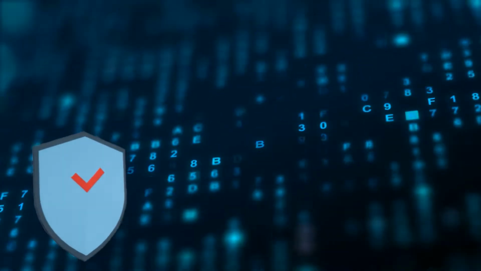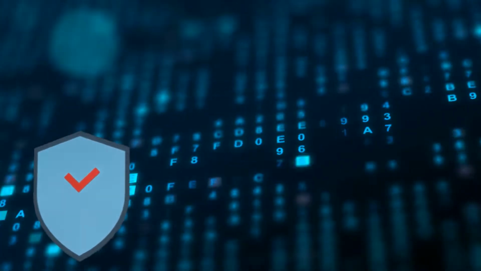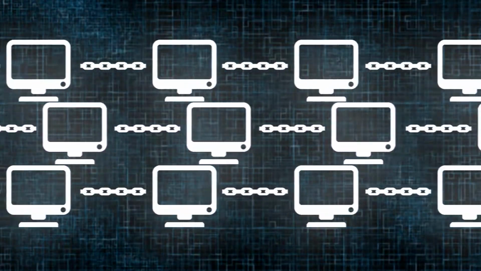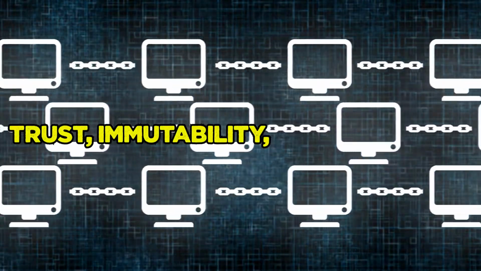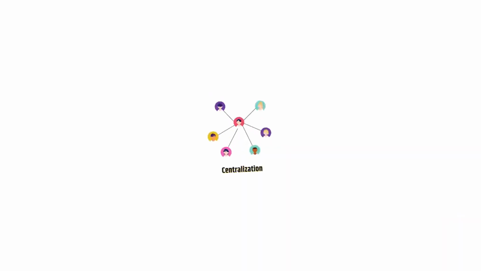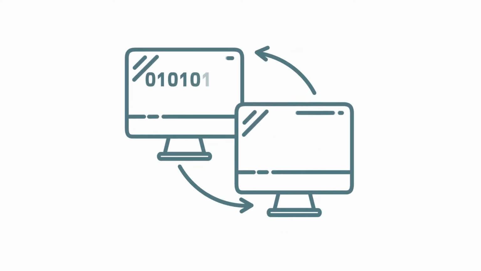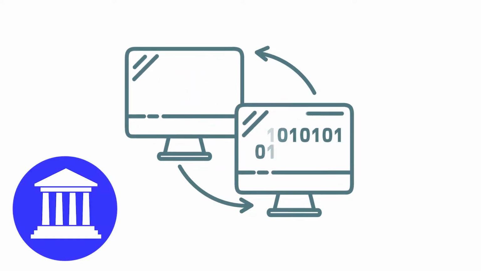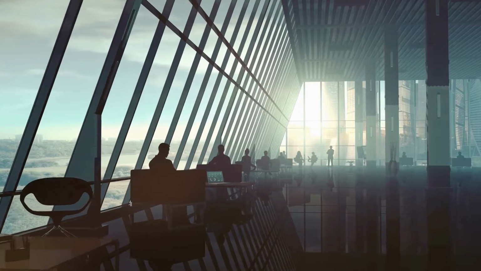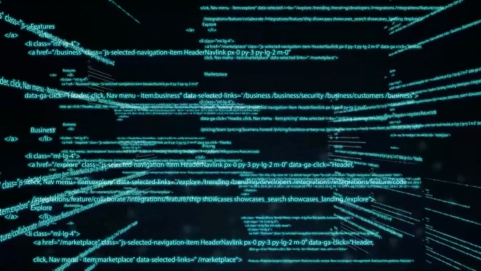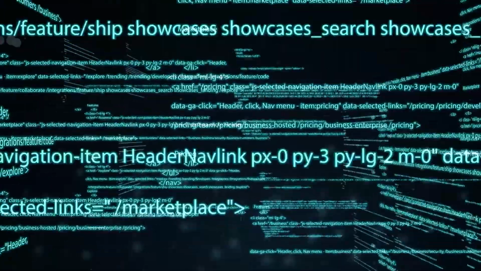Also, each transaction is completely secured with the help of advanced cryptographic algorithms. Clearly, the whole blockchain mechanism is used to take advantage of trust, immutability, and transparency. The idea is the complete opposite of centralization. In short, it is a network with peers capable of doing transactions without any centralized authority. This simple idea is single-handedly changing how industries work. This is how blockchain records transactions in the ledger.